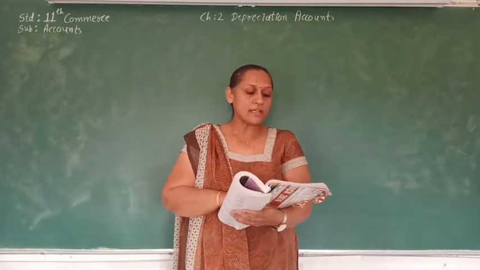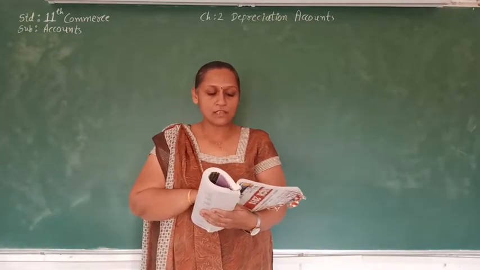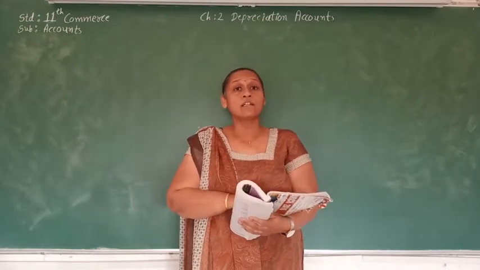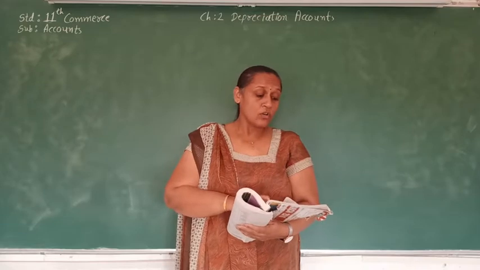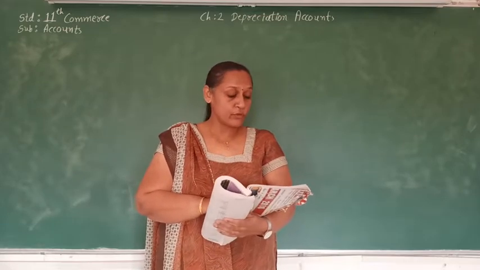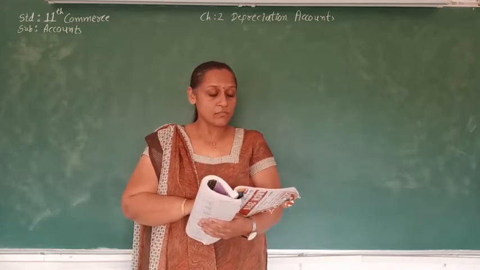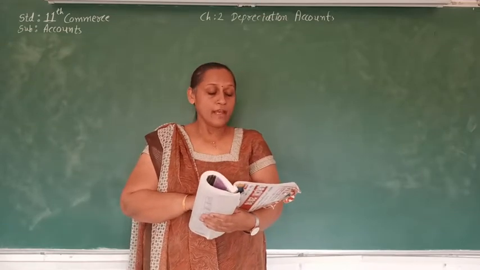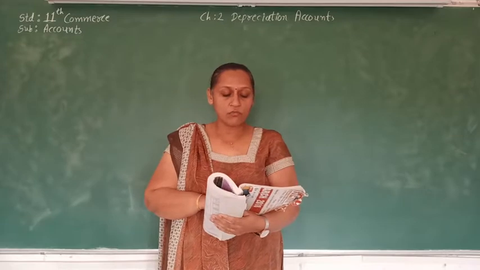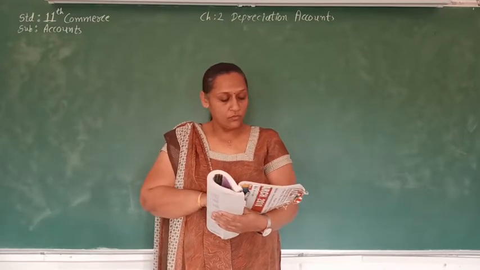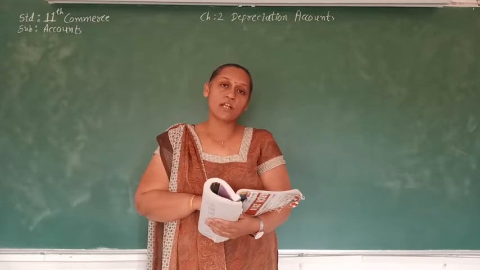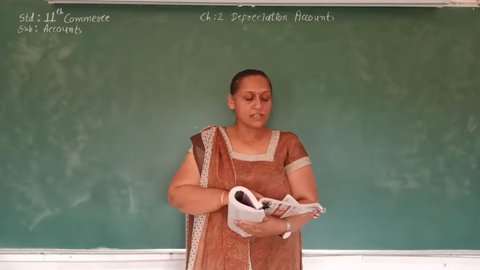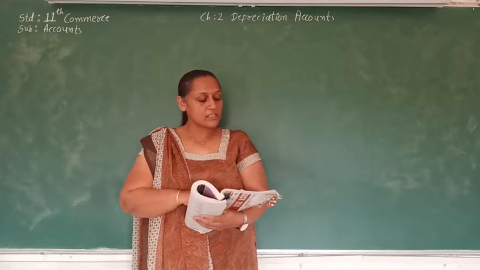In the books of Sanket Enterprise, machine account has a balance of 1,40,000 on 1/4/12. So here there is a book value of the machine on 1/4/12. This machine was purchased 3 years before, that is 1/4/9, and the second machine was purchased on 1/1/14 for 1,10,000 and installation expense was 10,000. So the company provides annual depreciation at the rate of 10% under the straight line method.